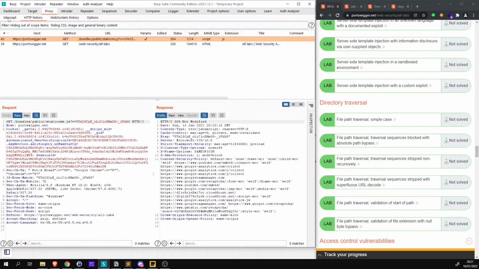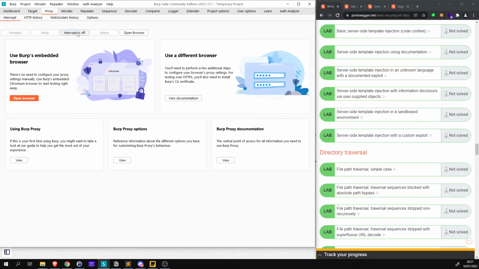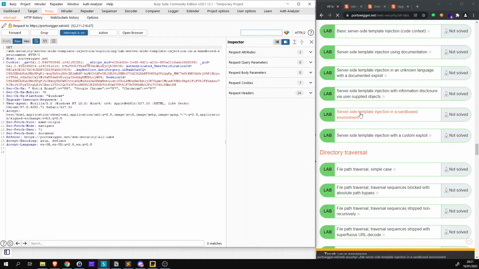Intercept. Intercept is quite good because it actually captures a request and it holds it. So it will leave the browser hanging and it will hold it so you can do whatever you like with it. So for example, if I were to turn it on, so intercept is off, click that, it's now on. So if I then click on this here, any link, doesn't matter, but I'm just going to use this as an example. If I click that, you can see that loading symbol at the top here. So it's requested that, but it's not actually able to retrieve that because I've intercepted the request, and you can see that this is the request here. So this is good to